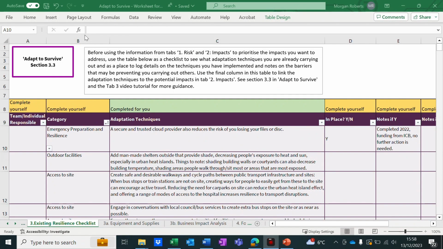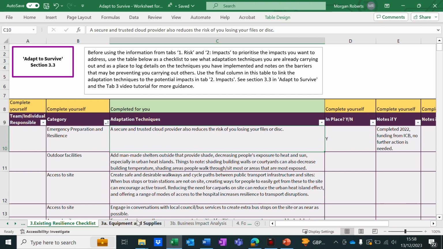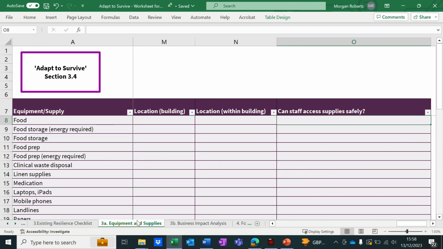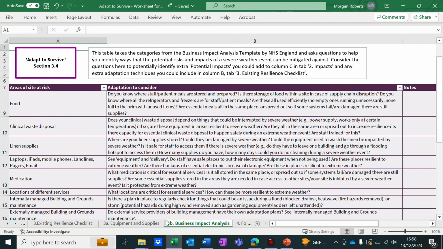Before using the information that you've completed in tabs 1, risk, and 2, impacts, to prioritise the impacts that you want to address, tab 3, existing resilience checklist, prompts you to establish adaptation techniques you may already be carrying out by presenting you with a list of site and operational features here in column C that can be considered as adaptation techniques. The following two tabs, 3A, equipment and supplies, and 3B, business impact analysis, are based on the business